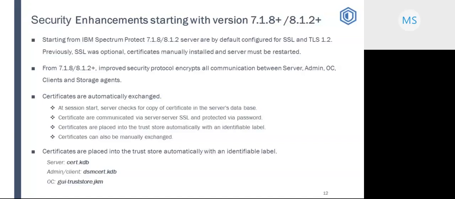This works for all the server-to-server connect sessions. If you are defining server-to-server communication, then make sure you use the crossdefine=yes option in the define server command for bidirectional exchange of the certificates.